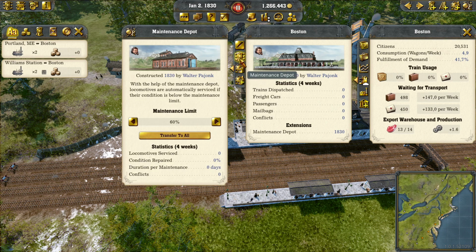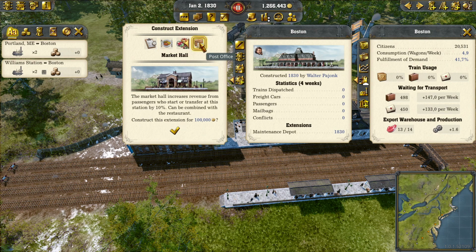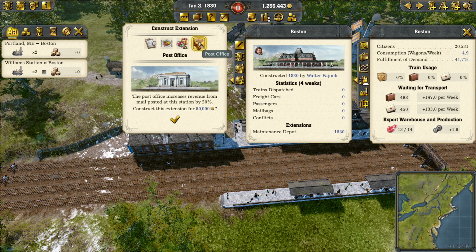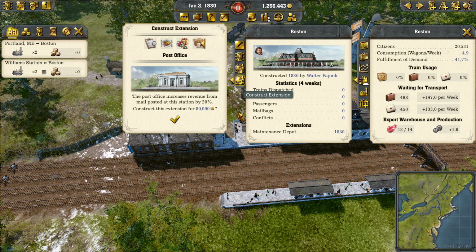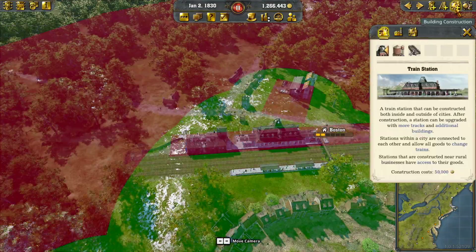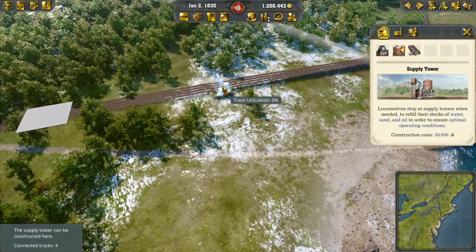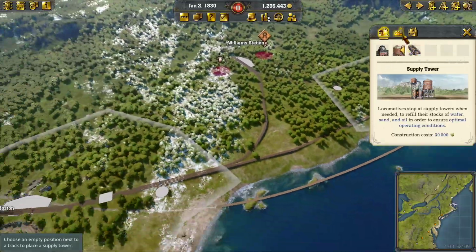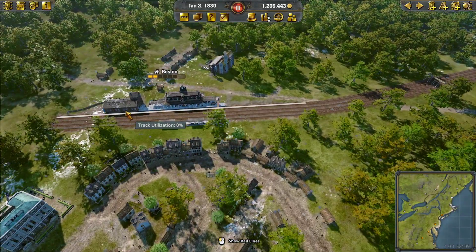How do you build a warehouse? I know there's a way of doing it. I've seen people do it. Oh, we'll quickly get a supply tower right there. And we'll do one individual one for there. Perfect. Okay. I know there's a way of doing this, game. Just give me a...